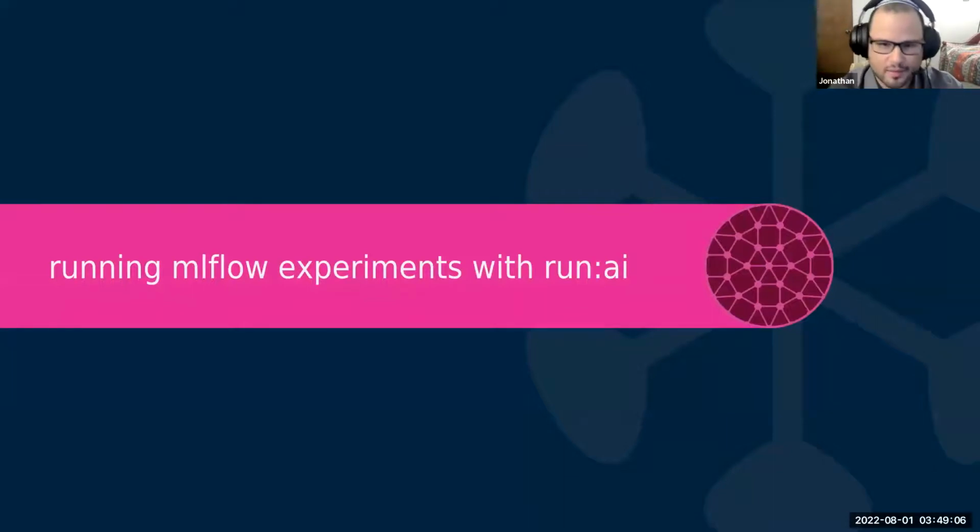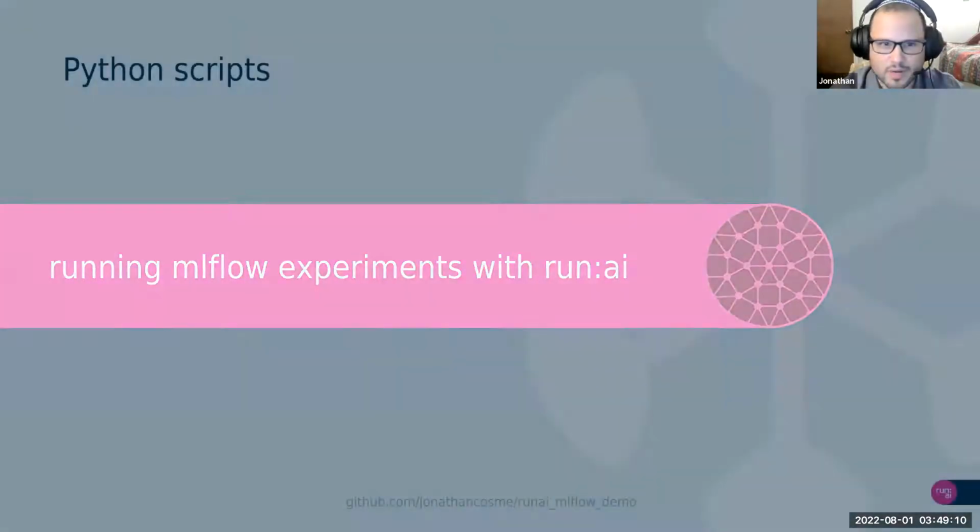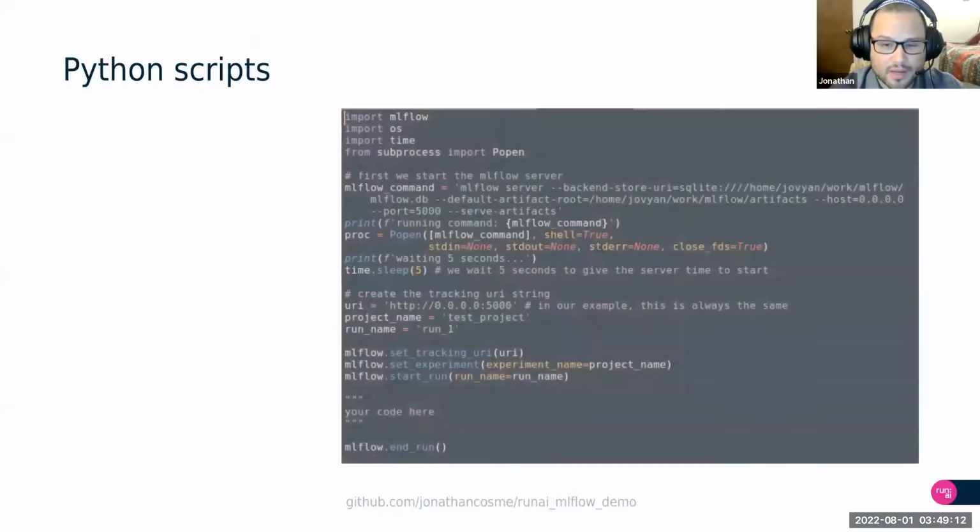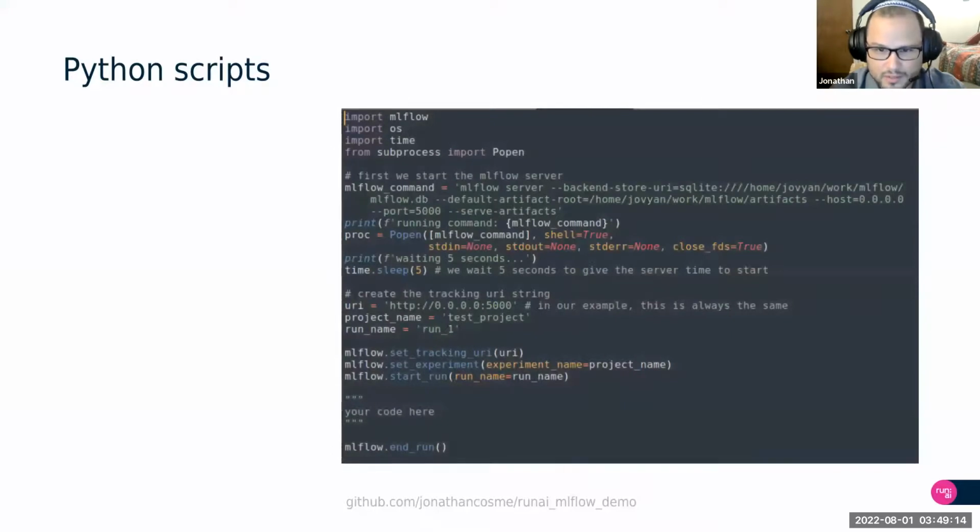Okay. And then, of course, when we actually run experiments with Run AI, because we use CLI, we want to send jobs, and we want to make sure that we keep track of those experiments correctly. So within your Python script, we've got to do a couple things. So one,